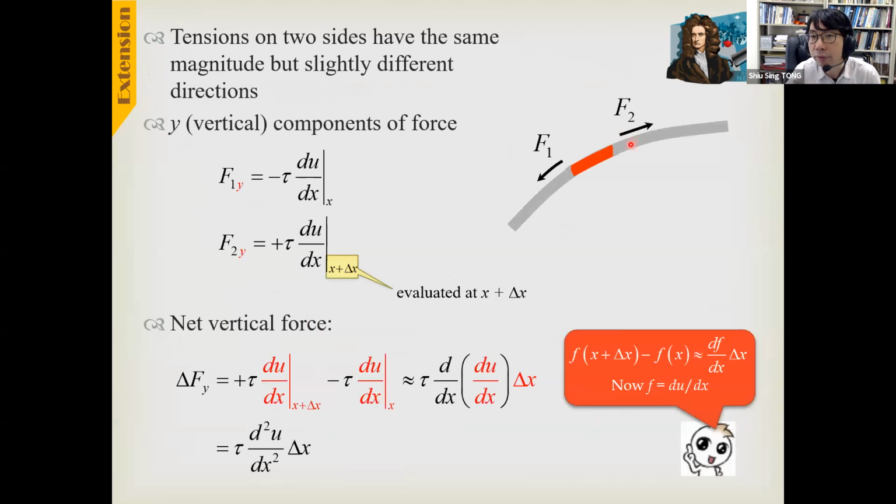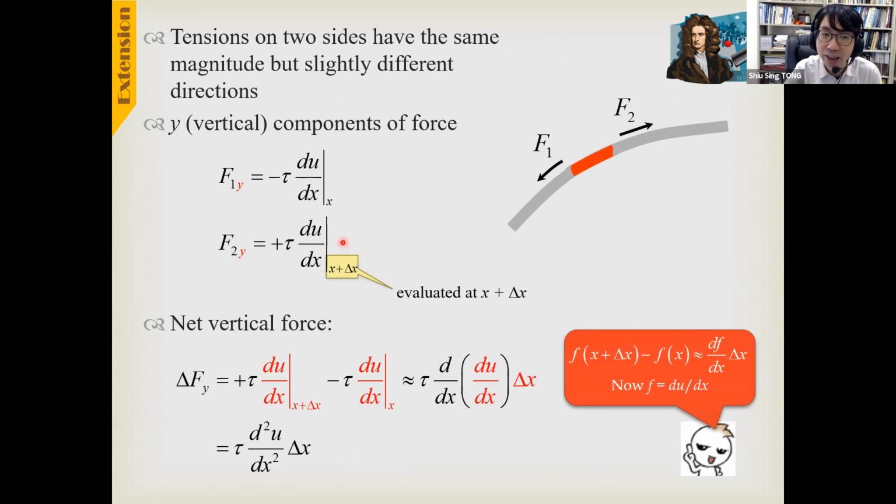Now we should deal with the right-hand side. We do the same for the right-hand side. Now we don't have to do the derivation again because we know everything will be very similar to what we did, except on the right-hand side, now the string is being pulled upwards. So this is a positive sign instead of a negative sign. So F2 refers to this force, and the y component has a positive sign because now the force is pulling this part of the string